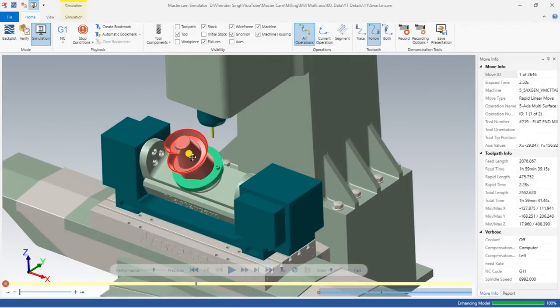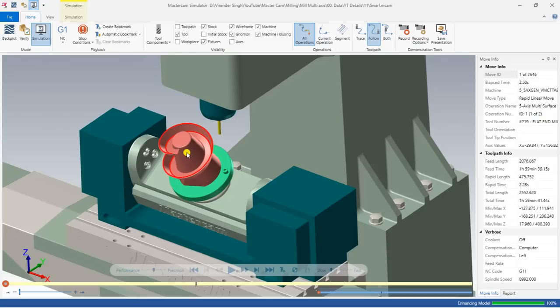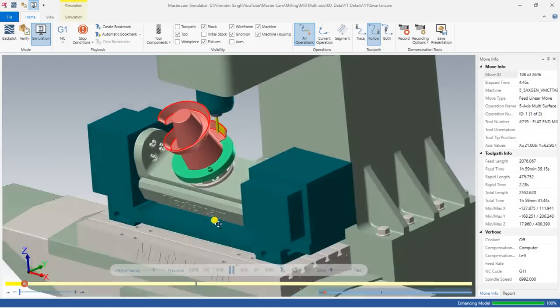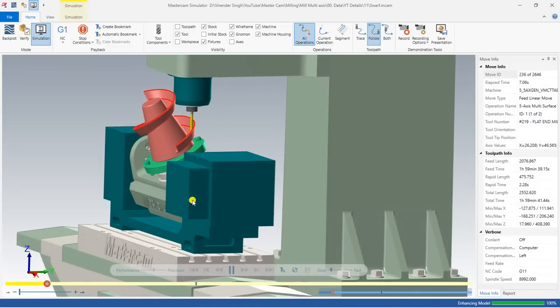Before starting to learn the Swarf toolpath, I would like to show you one of the simulations made with the help of a Swarf toolpath. So let me start this video. As you can see in this video,